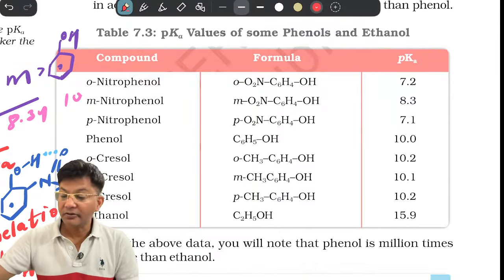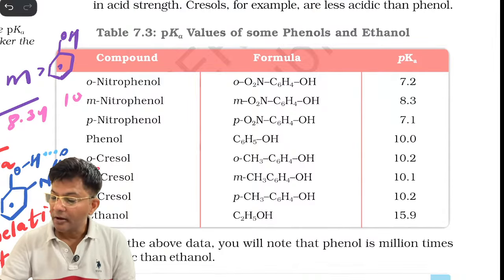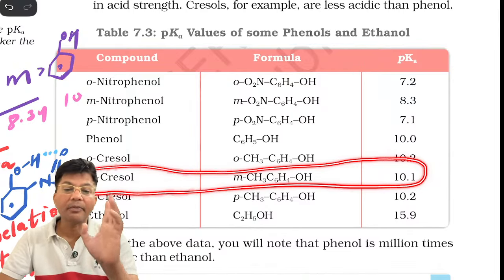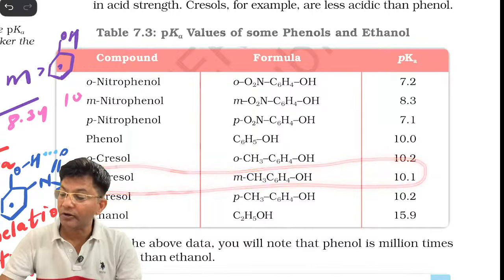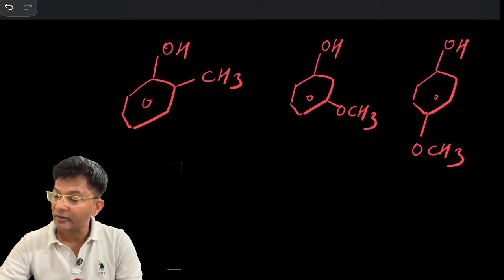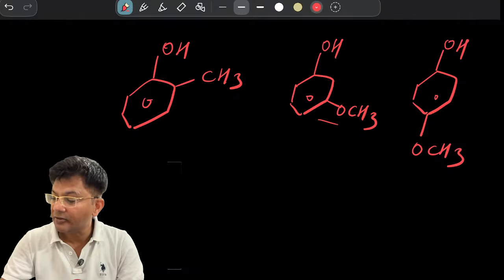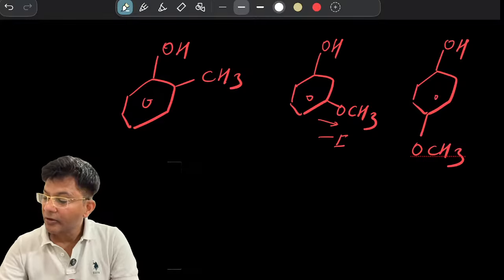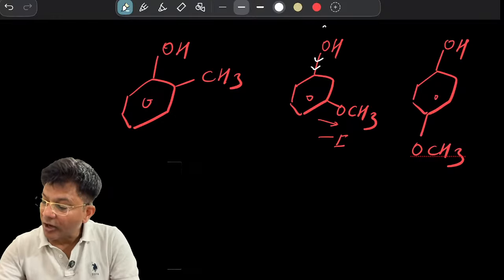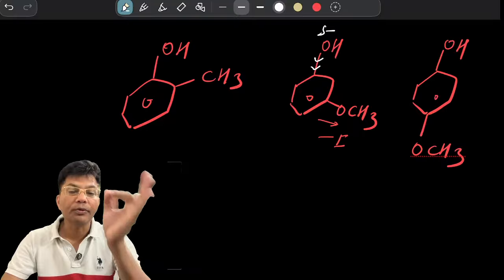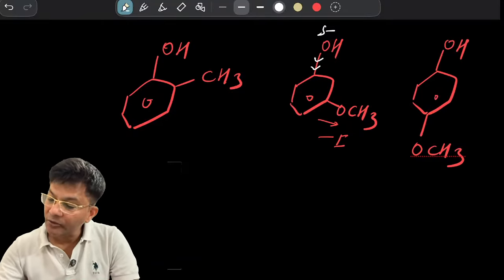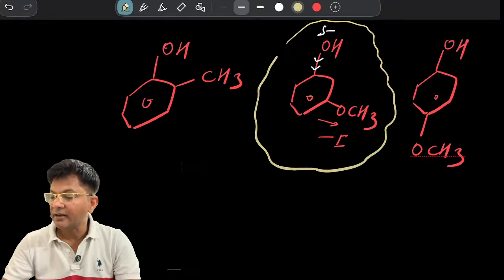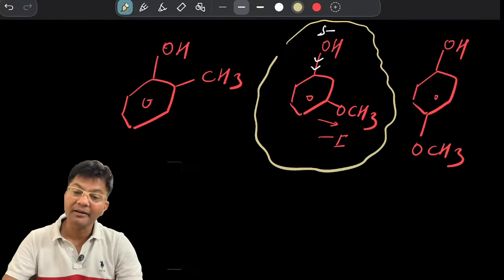Meta cresol, just see the NCERT lines. You will be shocked. Meta cresol is less acidic than phenol. But if I apply theory, what does our theory say? Our theory says that in meta cresol there is minus I, and due to minus I it is withdrawing electrons, so the charge will decrease, and this one is supposed to be more acidic than phenol. According to our theory, the theoretical way, it is supposed to be more acidic than